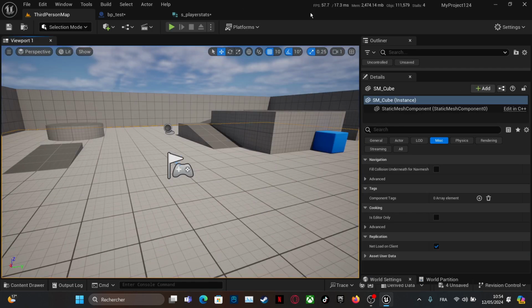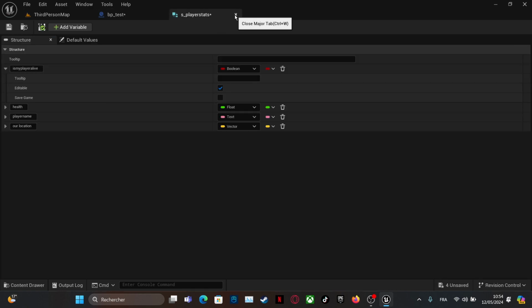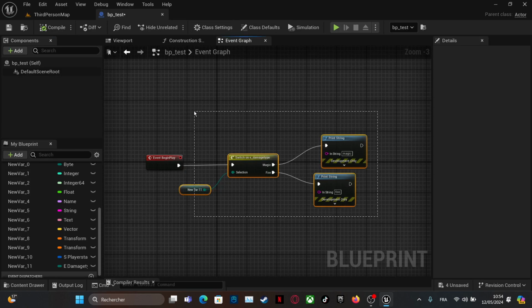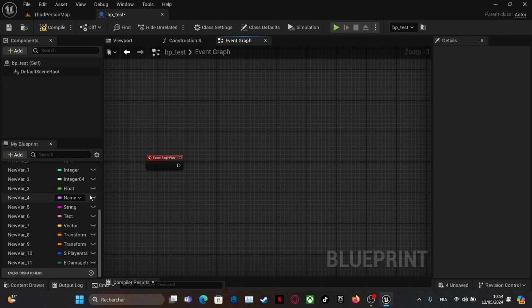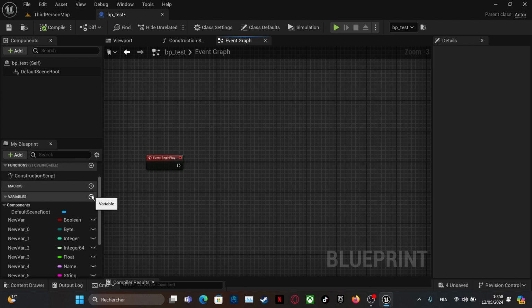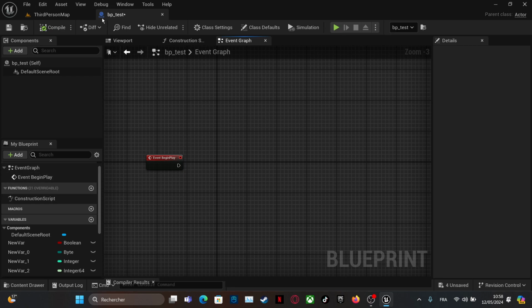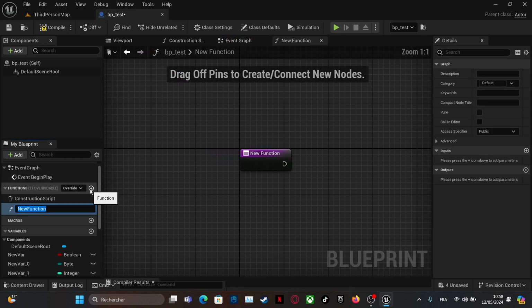So that's the enum. So now we will see another type of variable, functions. So let's see functions now. We go to our PP test and we go to the function, add a new function.